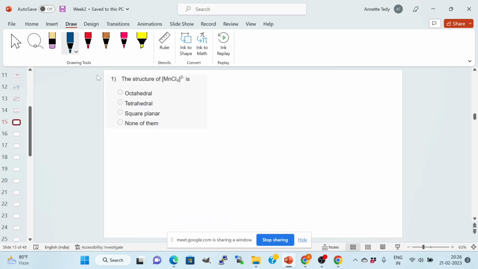This is a straightforward question. The structure of MnCl4 2 minus. From the complex, we will know that we have 4 Cl, so it can be tetrahedral or it can be square planar. Since Mn is a 3D metal, for 3D metal,